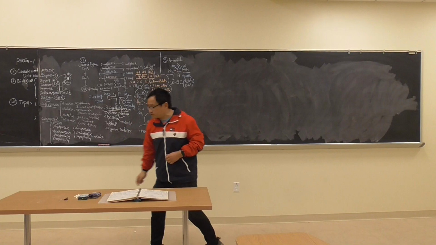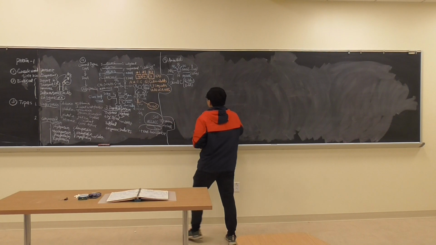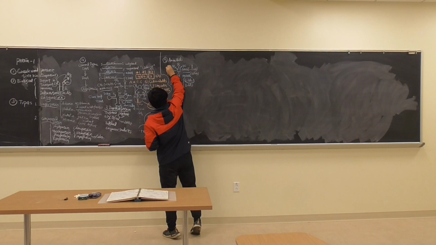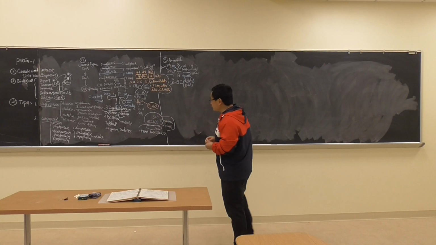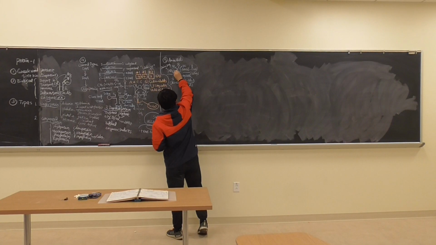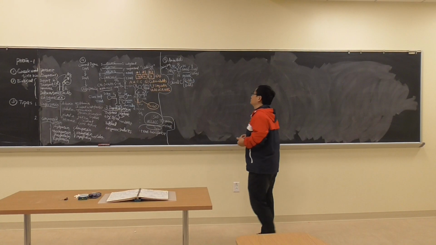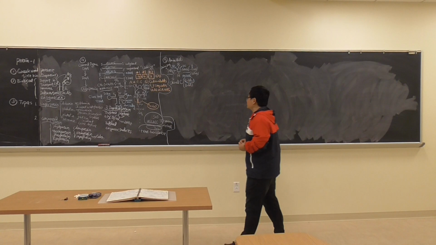Now, the more important part is these 2 ends. You have a COOH, that is C double bond O, OH, and this is called the carboxy end. And then you have NH2, which is called the amino group. And we know that basically amino acids are not neutral. They are charged. So you can write here the positive, and right here is negative. This is what we are going to get to later on. So this is the basic structure of amino acids.